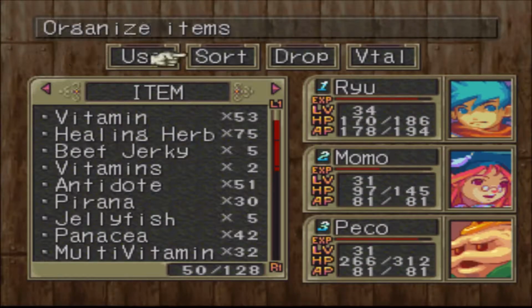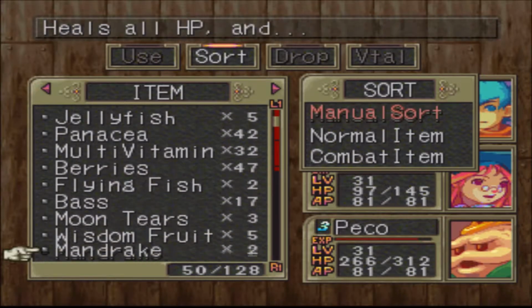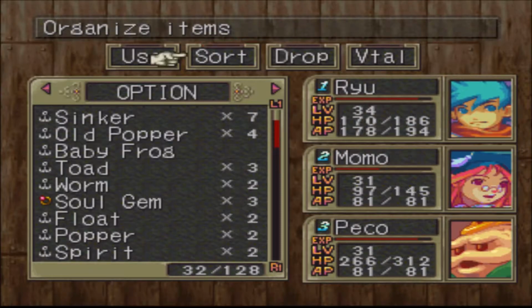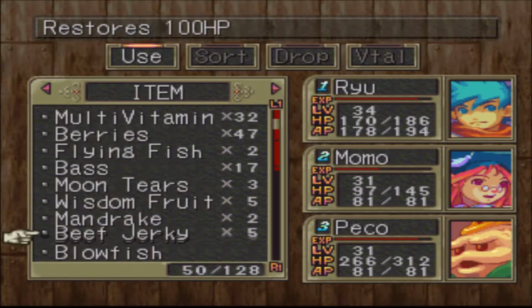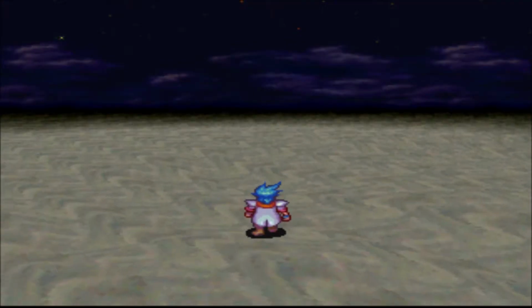Okay, so now we need to drink water. And what I'm going to do is manually sort the water to the top area, so I don't have to constantly scroll down. So we're going to keep going this way, and we keep doing this for about 3 nights until that...